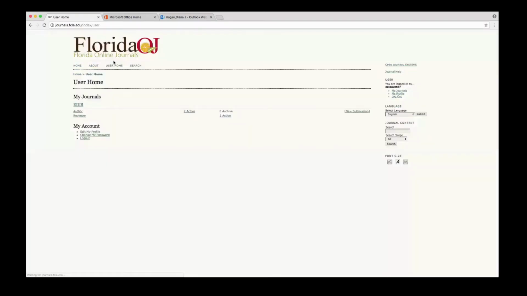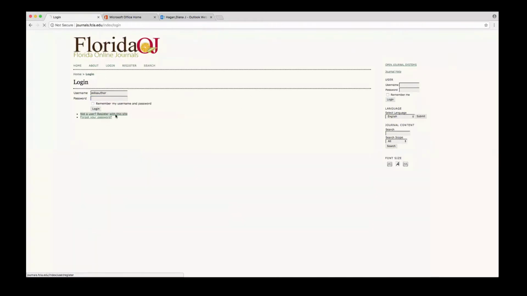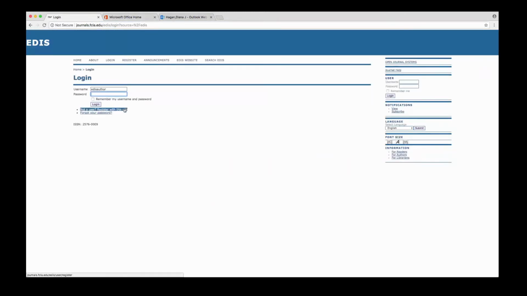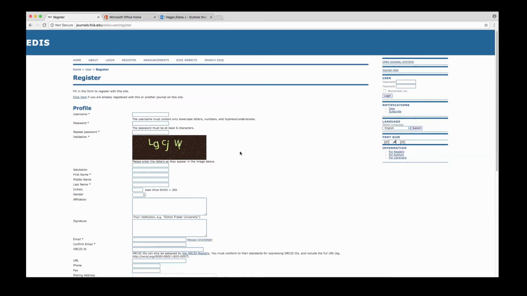I've logged in as a user, as an EDIS author. I'm going to show you, if I log out here and I want to register with the site. It keeps making me do that. Let's do this. There we go. Okay. So if you're a new user that needs to register,